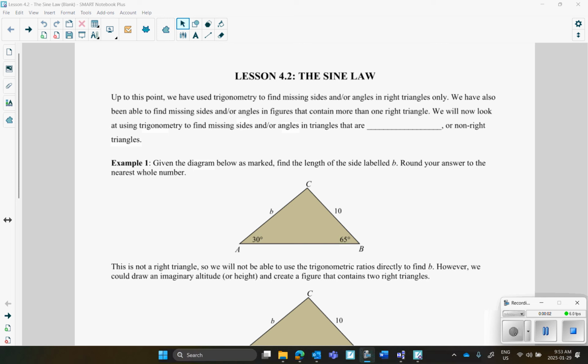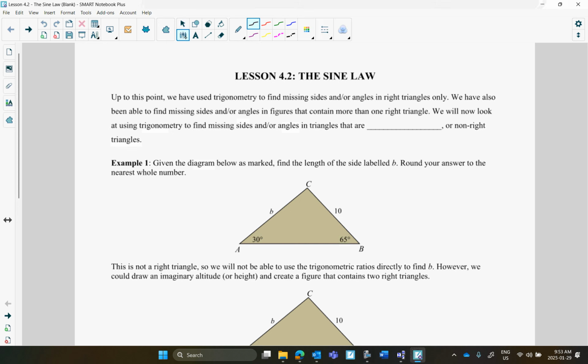Continuing with trig, and this is sort of what we're going to focus on this year in terms of trig, similar to last year. And then we're going to sort of go off in a little bit of a different direction with trig. So you guys know how to find missing sides and angles in right triangles using right triangle trig. But what happens, like I said before, if it's not a right triangle, or you will often see this word used for non-right triangles,